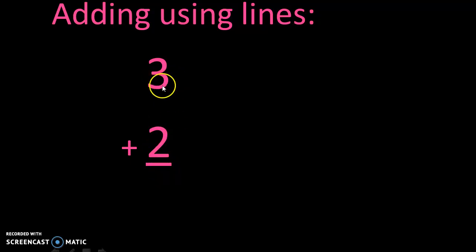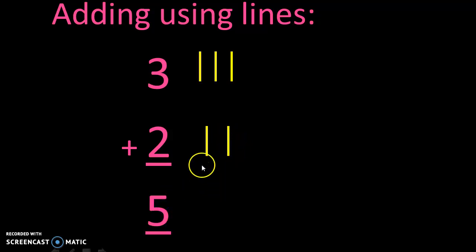So now for this 3, I am going to draw 3 lines. 1, 2, 3. For this 2, 2 lines. 1, 2. Okay. Now I am going to add all these lines and that is going to be my answer. So now 1, 2, 3, 4, 5. 5 is my answer. Very easy. Adding, drawing the sticks straight to that. What number is given, that many sticks you are going to draw. I call it sticks. You can say sticks or lines.